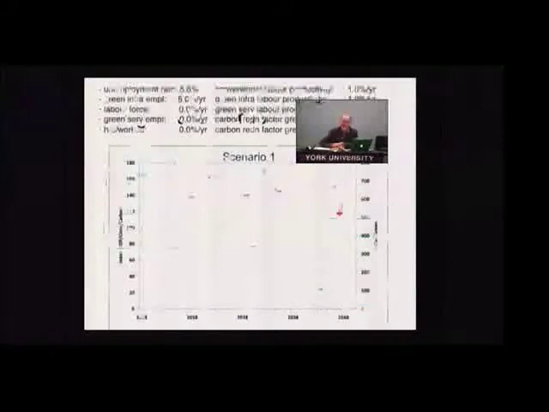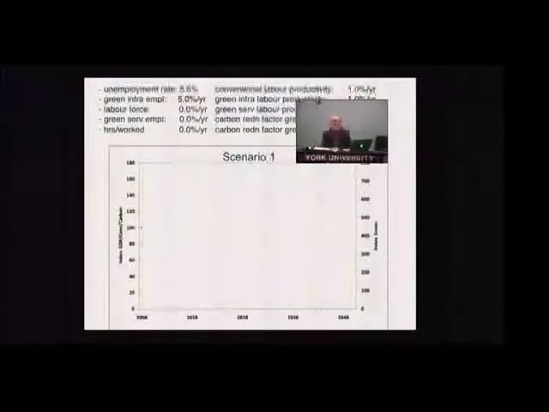I know there's a lot of stuff there at the top for you to look at, but the important thing is to see that in all of these scenarios we assume the same unemployment rate. This is 5.6%, could be any rate, but we picked a fairly high rate for some reason I can't quite remember. Green infrastructure employment grows at 5% a year. So that sector, and this is based upon real data for the UK, grows at 5.5% a year, but the overall labour force doesn't grow at all, and the green services employment sector doesn't grow. Hours worked doesn't change. We do have some increase in labour productivity in the conventional sector, in the green infrastructure sector, but not in the green